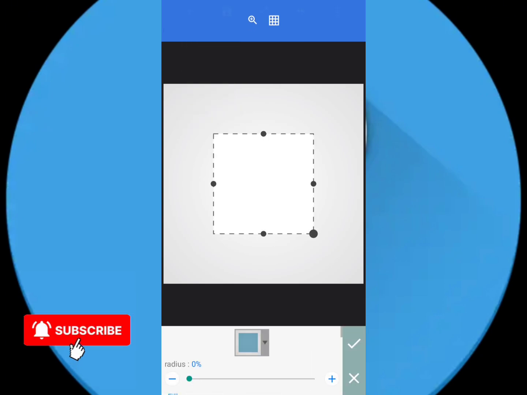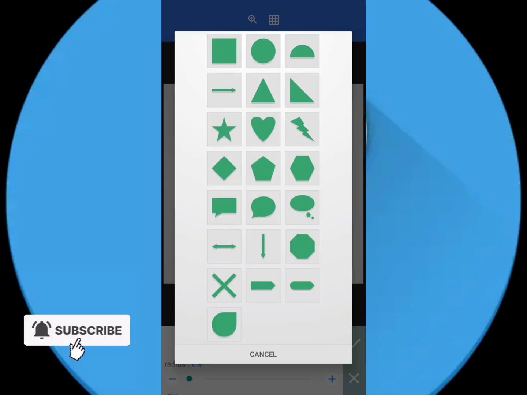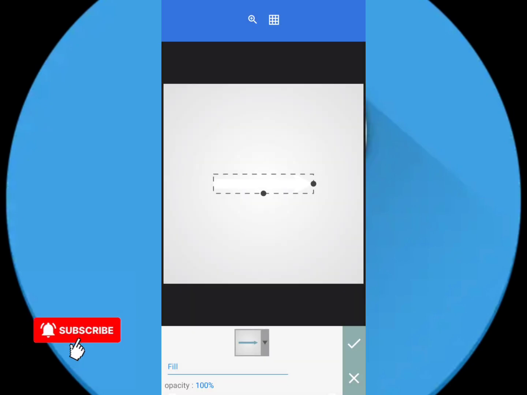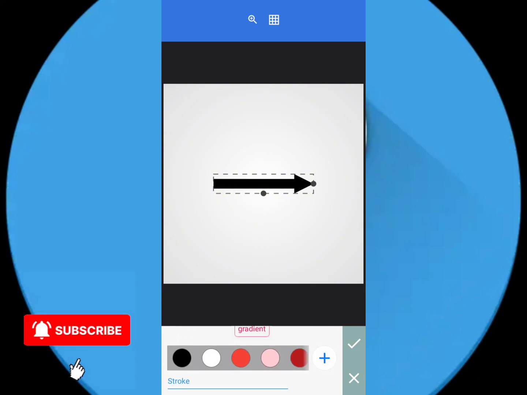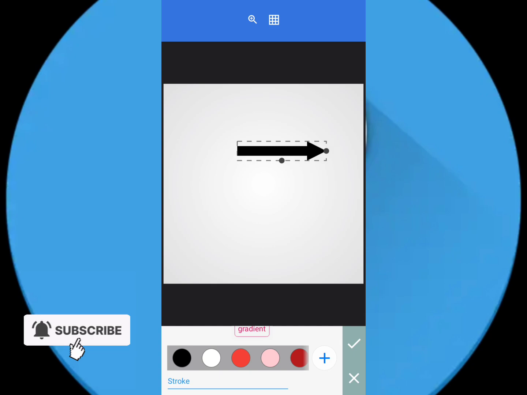So you can also add a shape as well. After tapping on the shapes option, you can go down here, tap on the arrow icon there, and you have quite a lot of shapes you can choose from. And once you have selected the shape that you want, I'm going to select this one here, and I can also scroll down and get the option to edit. As you can see, edit the